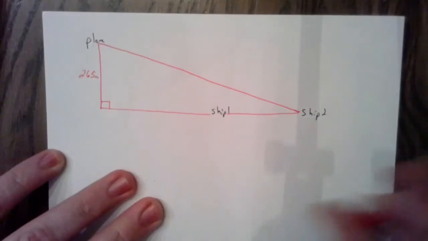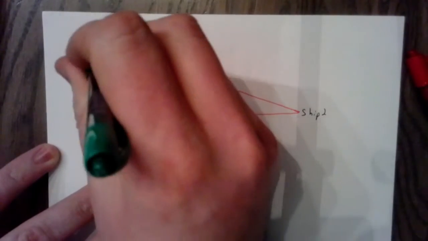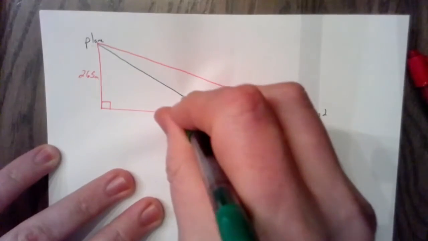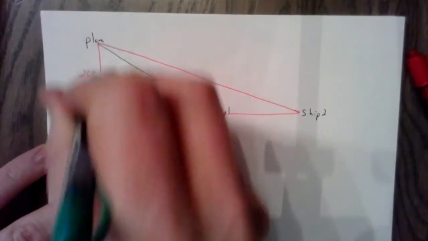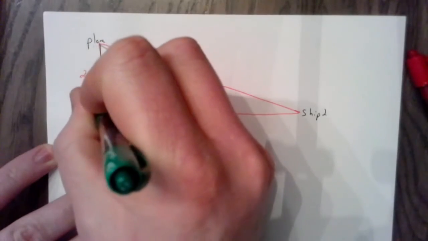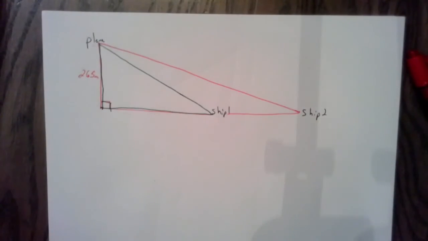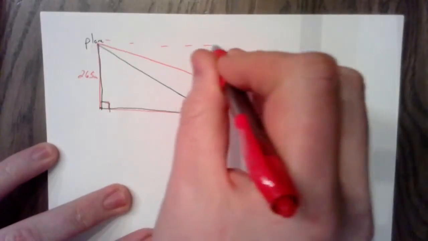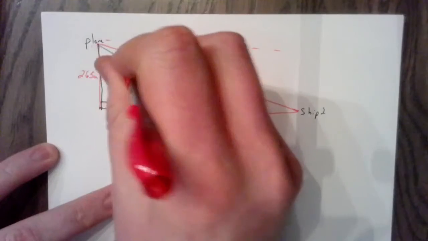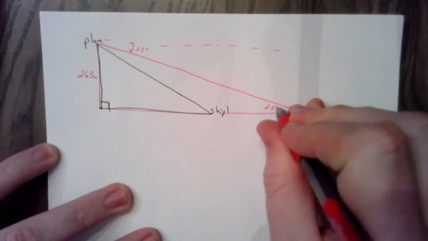Now it tells me the angle of depression to two ships. So look here, there's going to be two triangles: this green triangle, and then my red triangle. They tell me the angles of depression of the two ships. As the plane's looking forward, he looks down 25 degrees. So this is 25 degrees, and he sees this